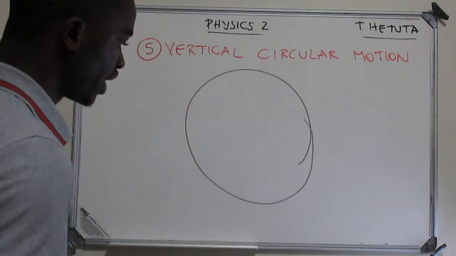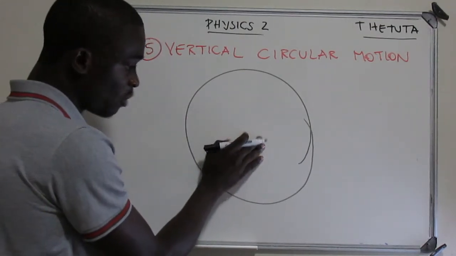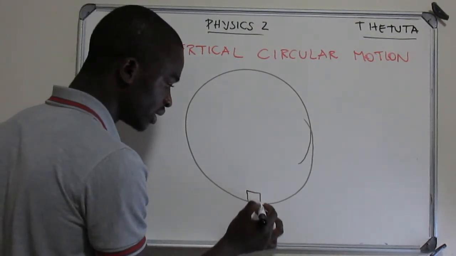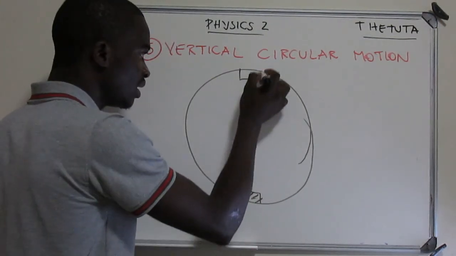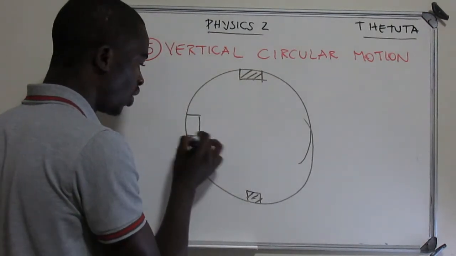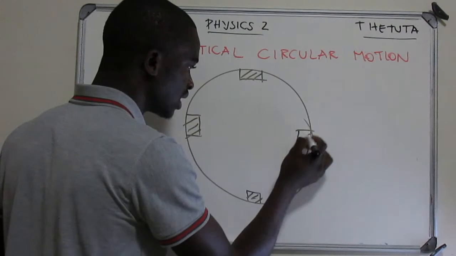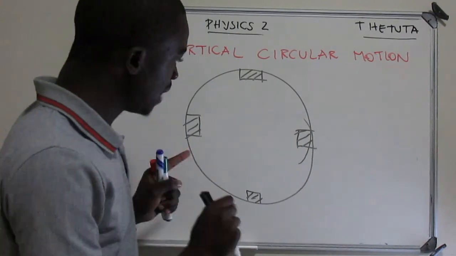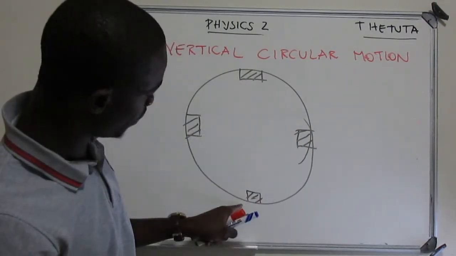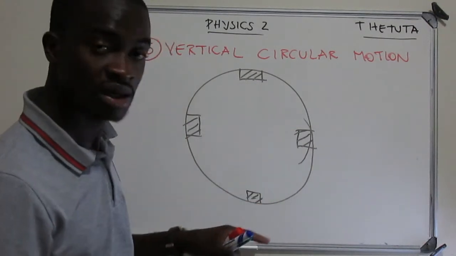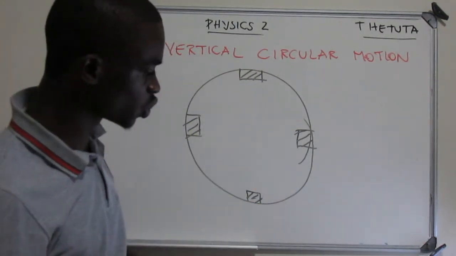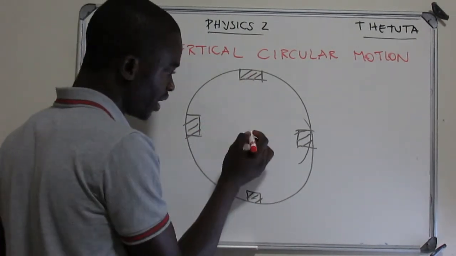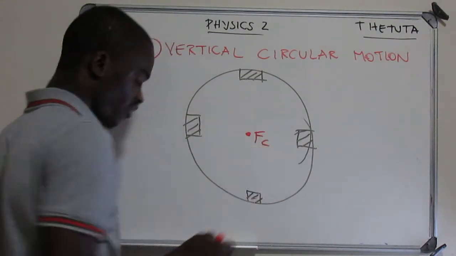And therefore, if there is an object in this problem, what you need to know is just to pick up where this object is. The object can either be down, or up here, or on the left side, or on that side. So you have four positions. In the problem, it will be stated as top, bottom, left, or right. According to how the problem is stated is how you are going to solve it. So if the object is on the top, remember here we still have our centripetal force in the middle.